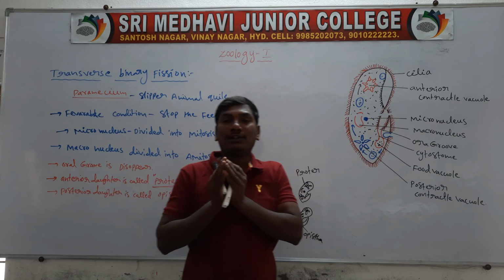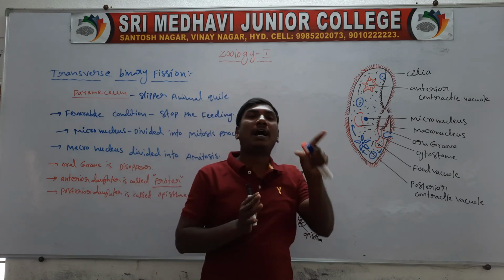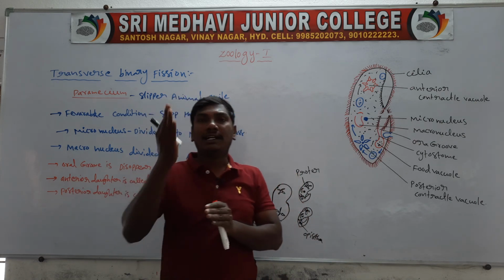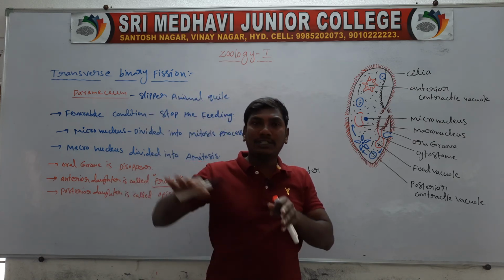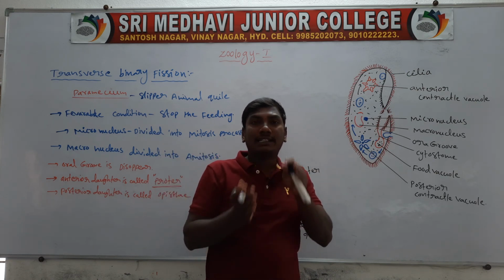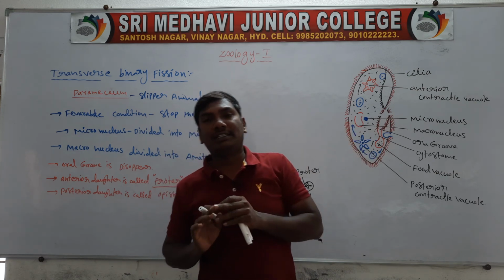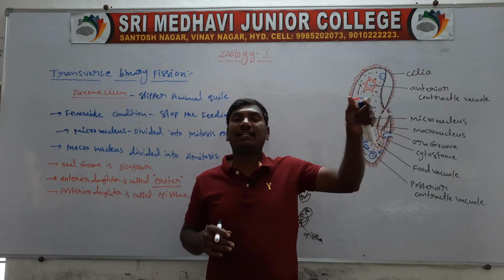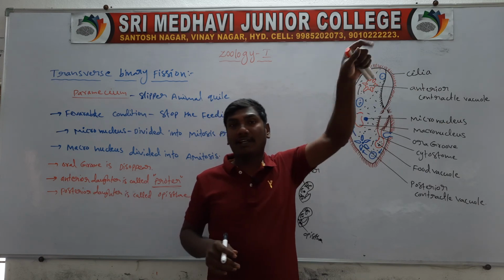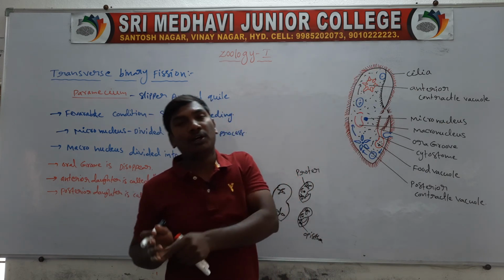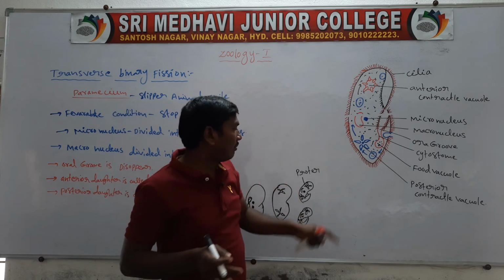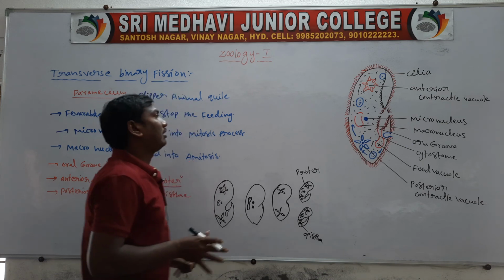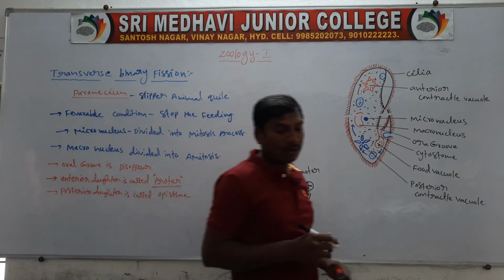First step, the micronucleus divides by mitosis and the macronucleus divides by amitosis. After the nuclear division, the transverse groove appears from the right side. This groove enters from the right side to the left side. The parent is divided into two daughter individuals. The anterior daughter is called the proter and the posterior daughter is called the opisthe. The anterior daughter receives the parental anterior contractile vacuole, and the posterior daughter receives the mother's posterior contractile vacuole. A new posterior contractile vacuole and a new anterior contractile vacuole are formed. This is the transverse binary fission of Paramecium.